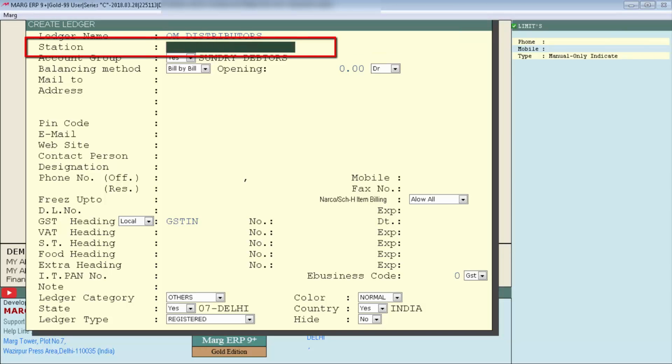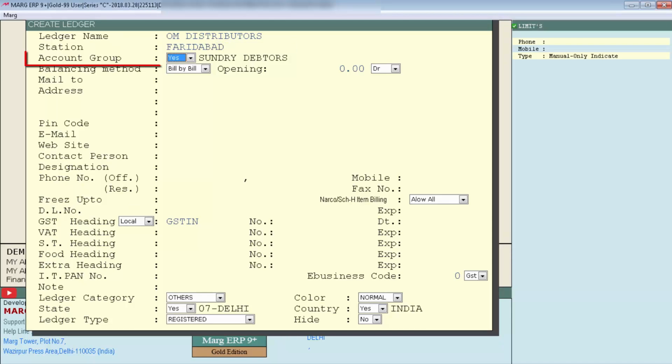Then the next field is station, meaning where your customer belongs. What is his location? Mention the name of that location here. Then is accounts group, which we have already selected in the beginning, for whom we are creating the ledger. For customers, sundry debtors is shown.